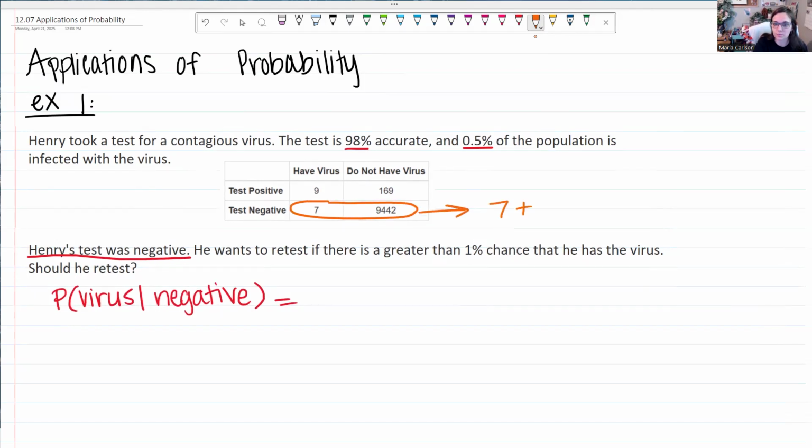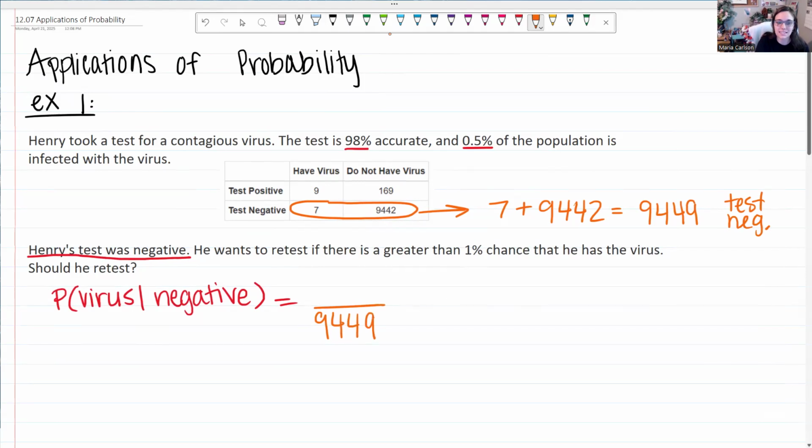So there are 7 plus 9,442 people, or 9,449 people that tested negative. So out of these 9,449, 7 of them actually do have the virus. So what is this probability? Well, 7 over 9,449. If you divide, you get